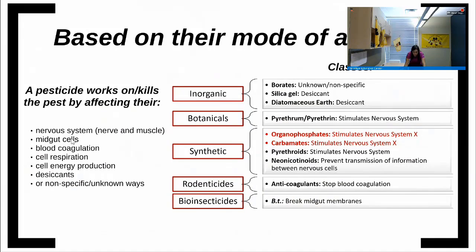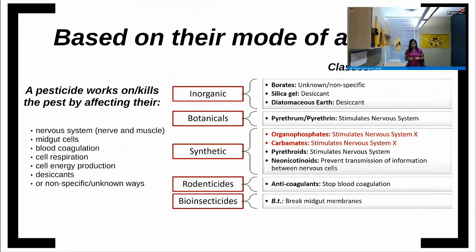Okay? We have those that will act on midgut cells, such as the BT, which breaks midgut membranes of larvae of mosquitoes, as I just said. Others will act on blood coagulation, such as the rodenticides. They stop blood coagulation. Others will act on cell respiration, cell and energy production: desiccants. Which ones are desiccants? The silica gel, the diatomaceous earth. Those two will promote loss of moisture from the body of the pest, of the arthropod. Borates,